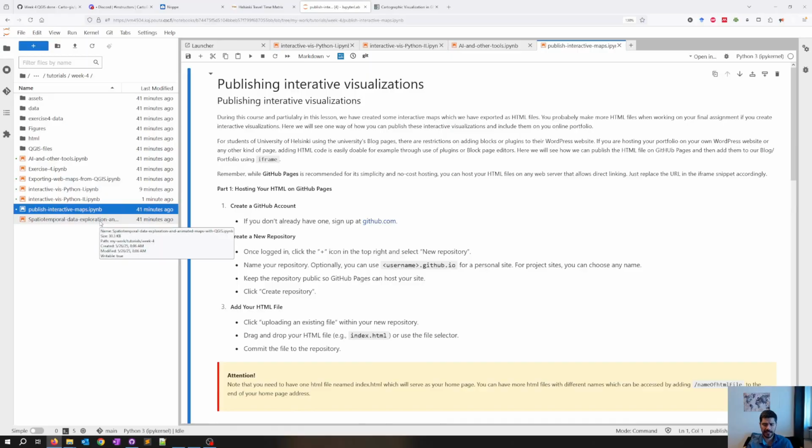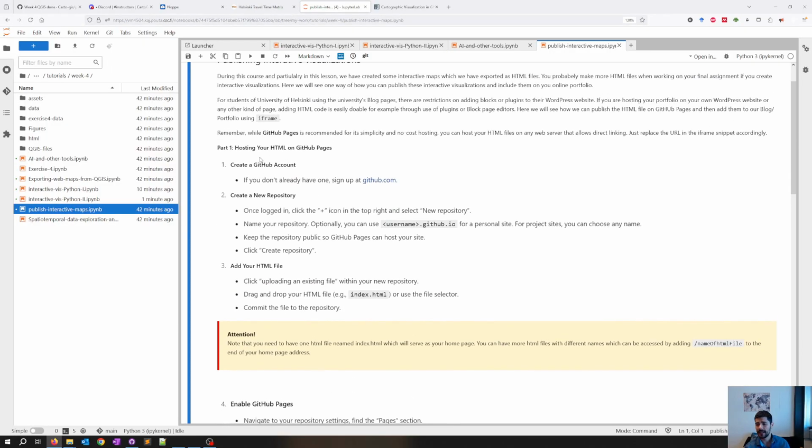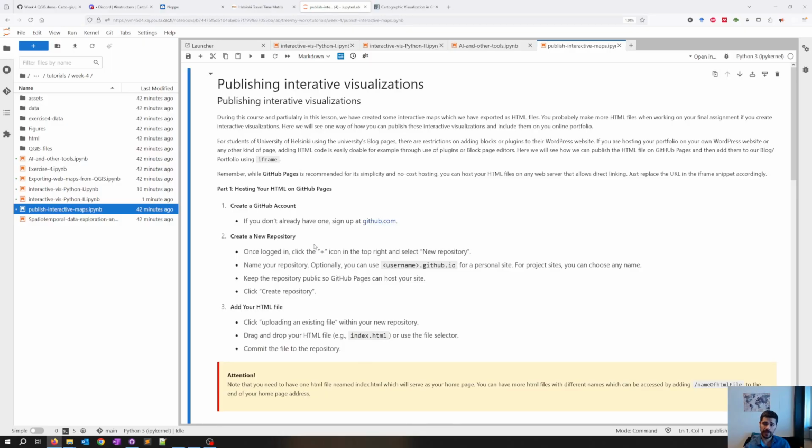publishing interactive maps. As part of your exercise 4, or if you are using interactive maps in your final project, you will end up with HTML files. Essentially, we saw already when working with Plotly or working with Folium how you can save them as HTML files that you can share with others or embed in your website. For an HTML file to be shared with us, you can do that in different ways, as a form, as a link, or just upload it, for example. But if you want to host the file, then show the file on your website, then the HTML should be hosted somewhere. So this can be, for example, easily done